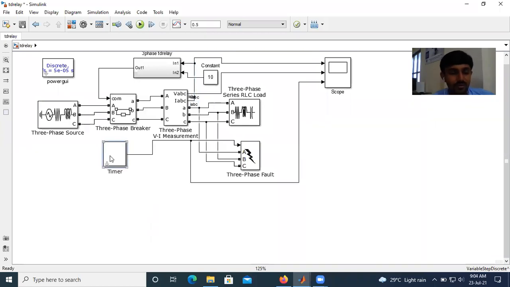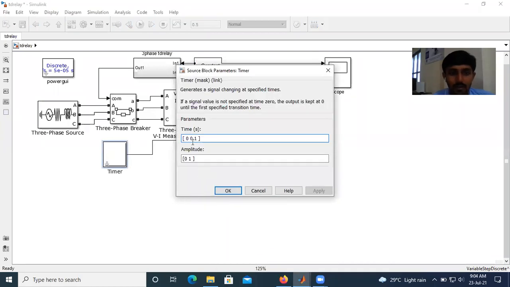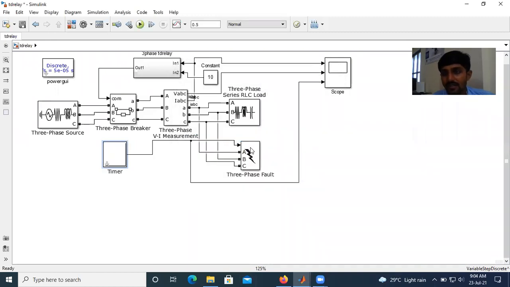Please wait for it. Our fault occurs at 0.1 second, and the magnitude is 1 for operating this fault.